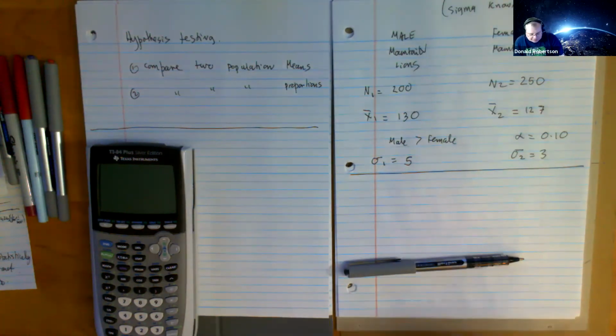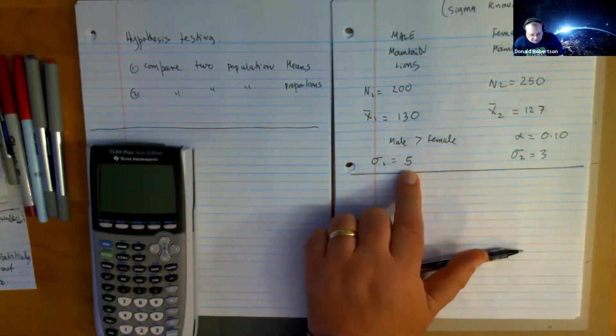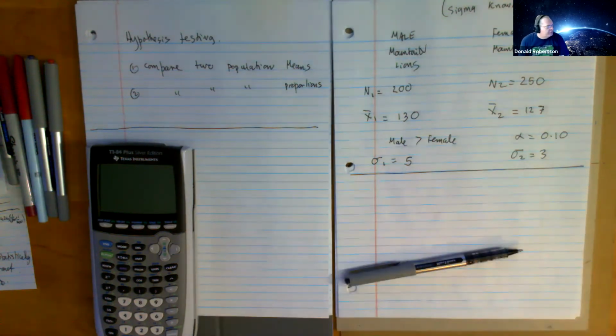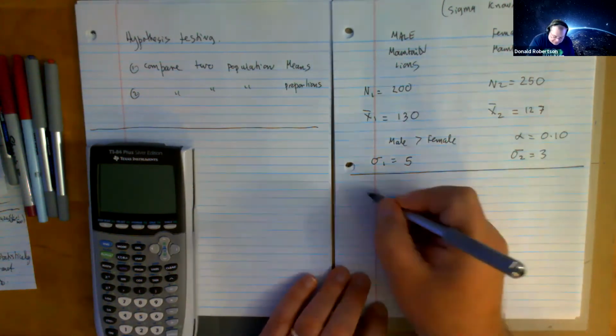So what does that tell me? Roughly that tells me that male mountain lions vary in weight a lot more than female mountain lions, right? So just a bigger variation in male weights, right? And females a little bit less variation. Right, we're going to put this package together. So step 1,